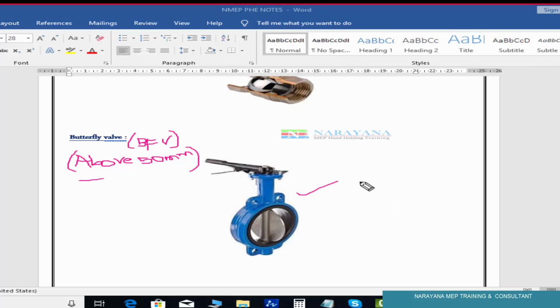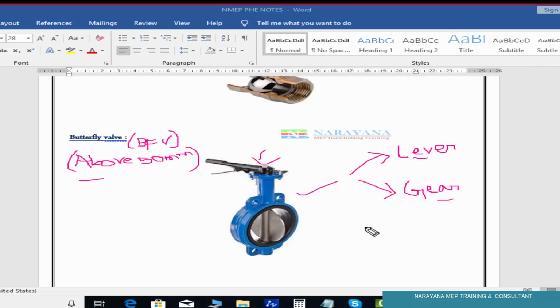It comes in two types. One is lever type. Another one is gear type. Lever type and gear type. This is lever type.